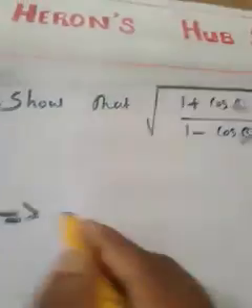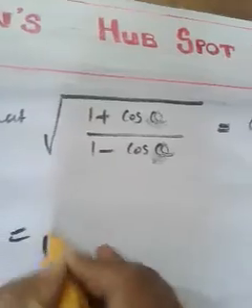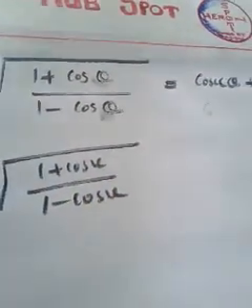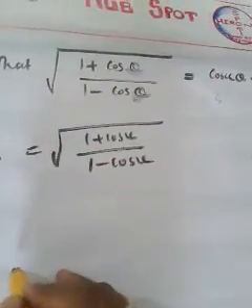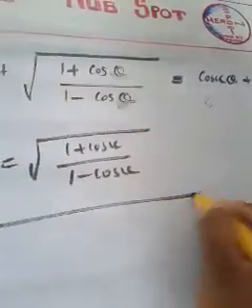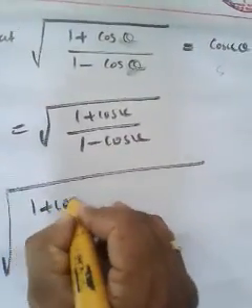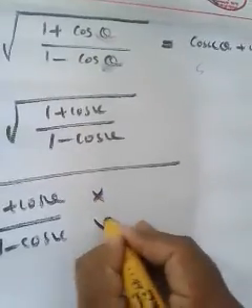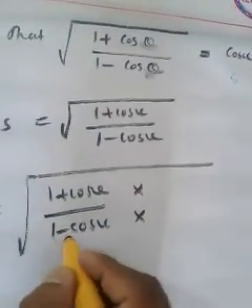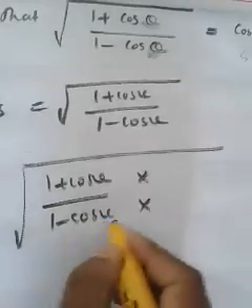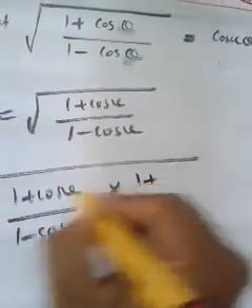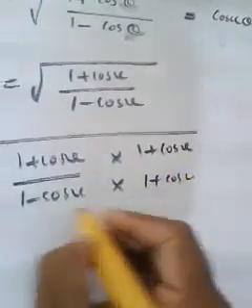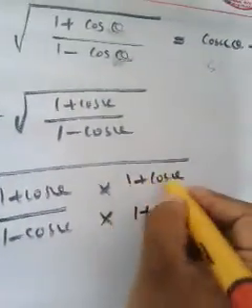So let me start from the LHS, and your LHS is the square root of 1 plus cos theta divided by 1 minus cos theta. Okay, and you just see, I'm going to make some changes. 1 plus cos theta as it is and 1 minus cos theta as it is, and in the numerator and denominator I'm going to multiply with the conjugate of the denominator. Here the denominator is 1 minus cos theta, so I'm going to multiply the numerator and denominator with the same number 1 plus cos theta. Since it is 1 minus cos theta, its conjugate should be 1 plus cos theta.